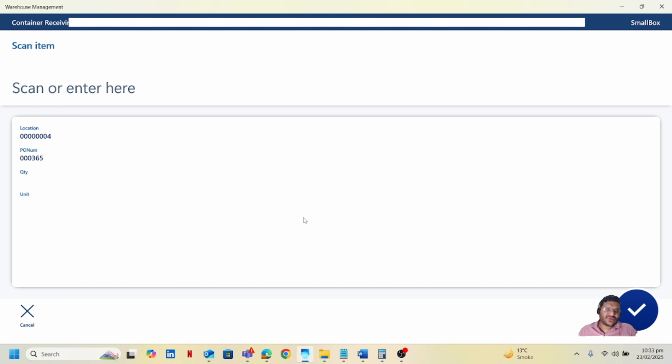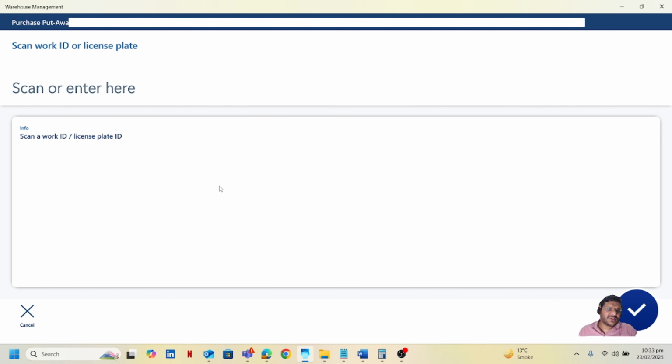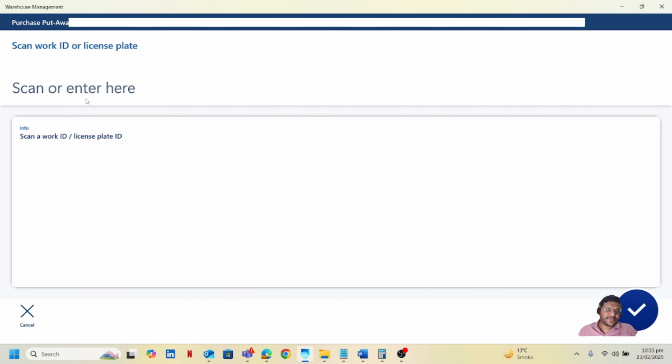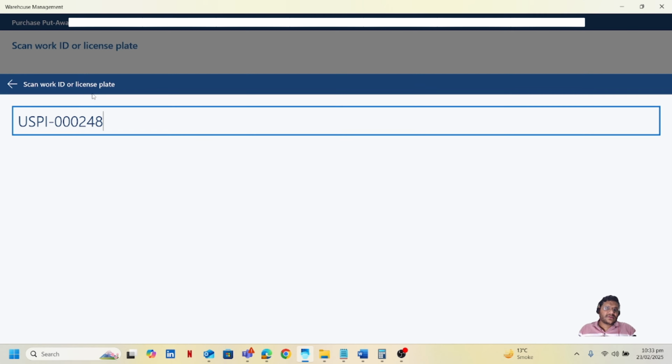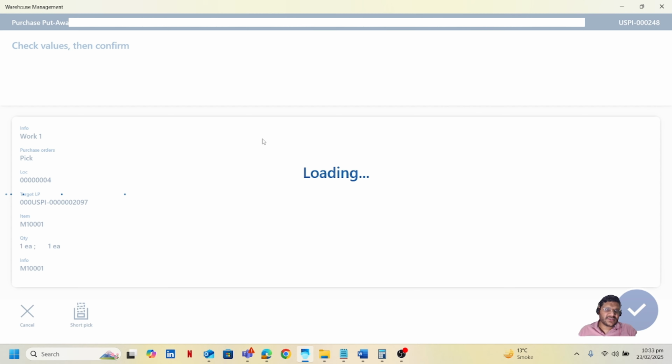For this, I will go back to my mobile device again and click on purchase putaway menu item. I will copy my work ID, click on confirm,